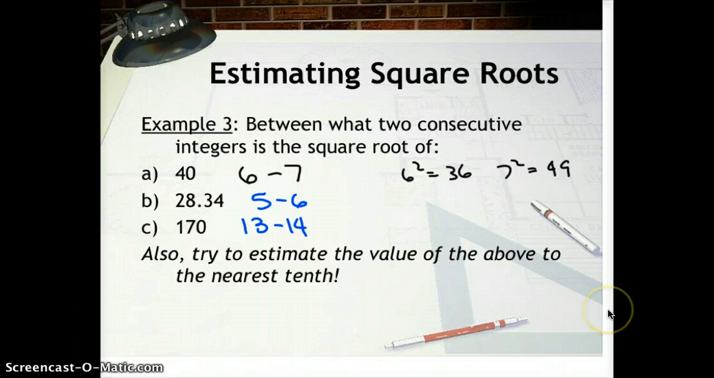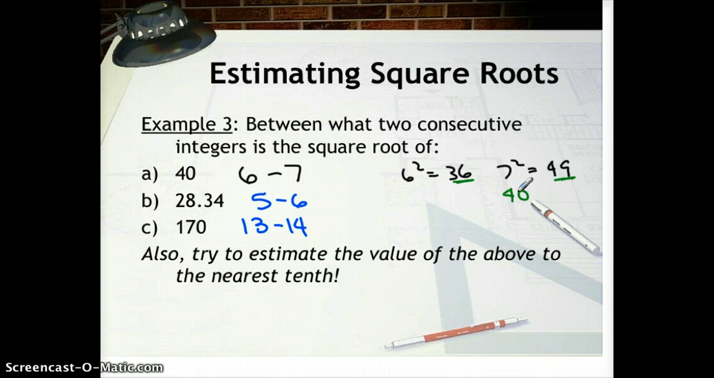You did this last year, at least if you were in my class, for looking for Pythagoras, but I want you to also try to estimate the value of the above to the nearest tenth. This is not a foolproof strategy by any means, but it's a good way to give you an estimate. So if I'm looking for the square root of 40, and I know that 6 squared is 36 and 7 squared is 49,